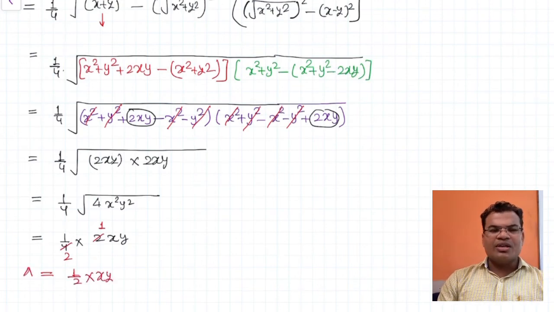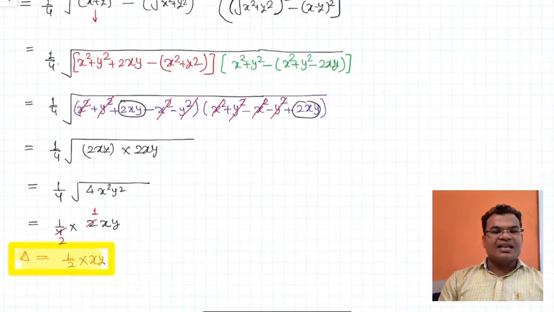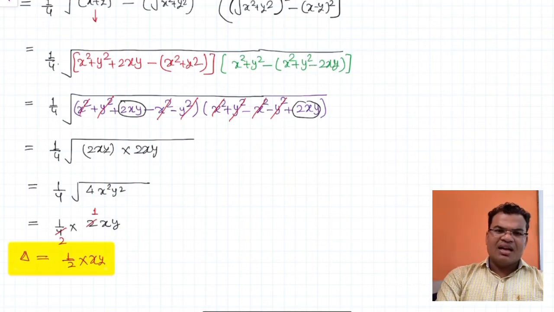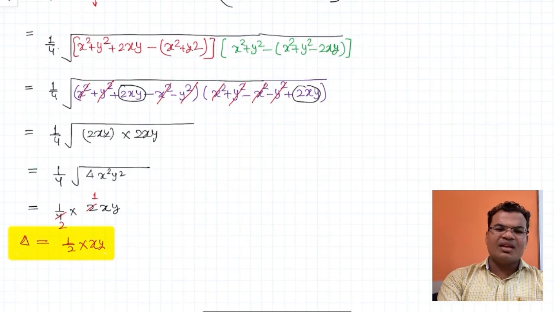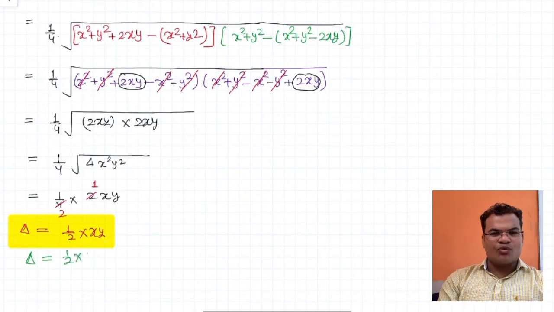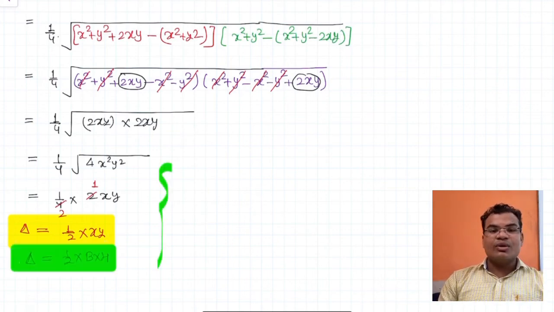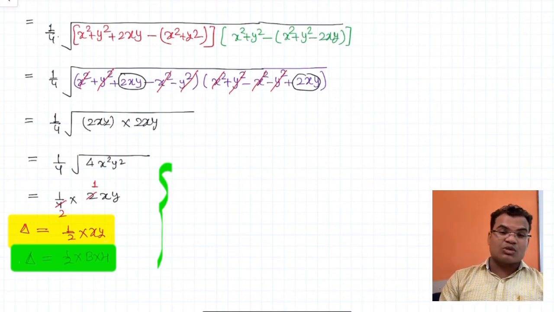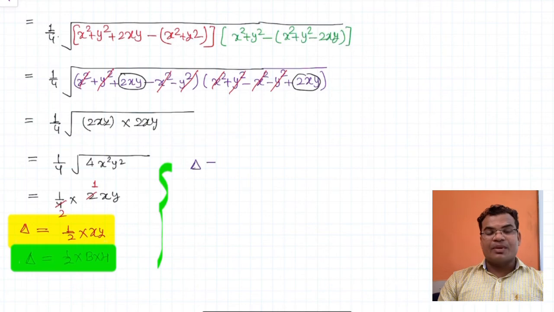So you can notice that 1 by 2 into xy is the area of the triangle highlighted by this yellow ink. This is the area of the triangle, and this is somewhere from the area of the triangle when the three vertices are given. All the three vertices given, how to derive the area of the triangle, and this will be satisfied with 1 by 2 base into height or with 1 by 2 x1 y2 minus y3 plus x2 like that.